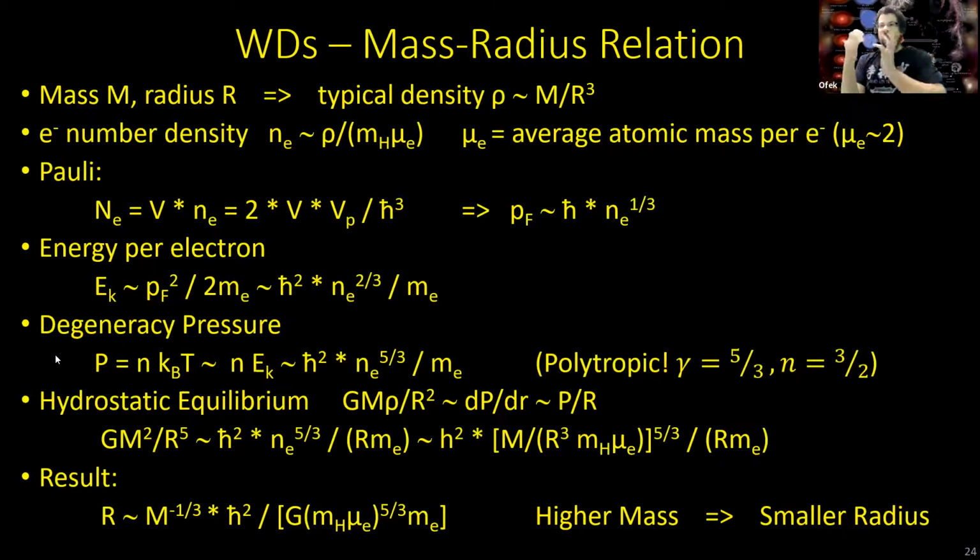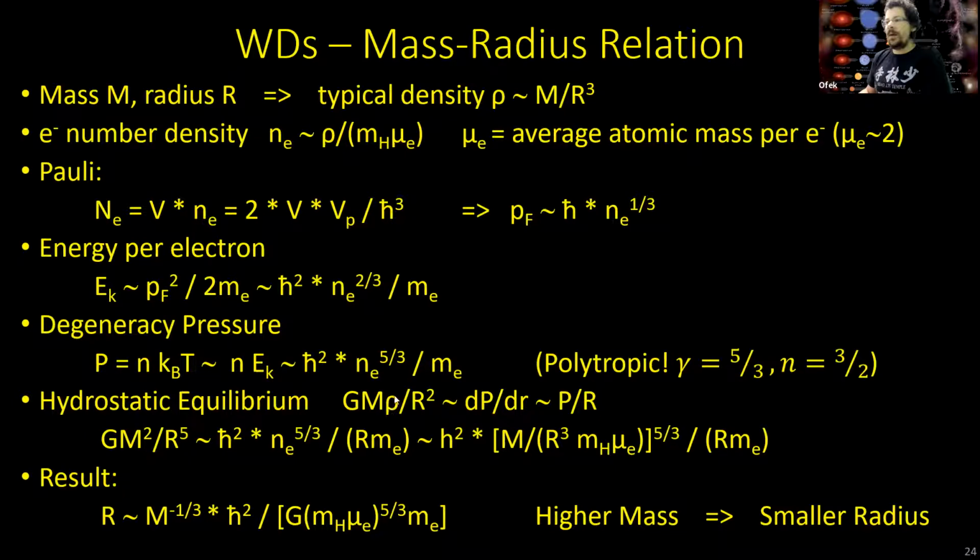Okay, so I now know the pressure of my degenerate electron gas in my white dwarf. I need to find out if this pressure is enough to balance gravity. The equation that compares pressure to gravity is the equation of hydrostatic equilibrium, which we saw last week, which says